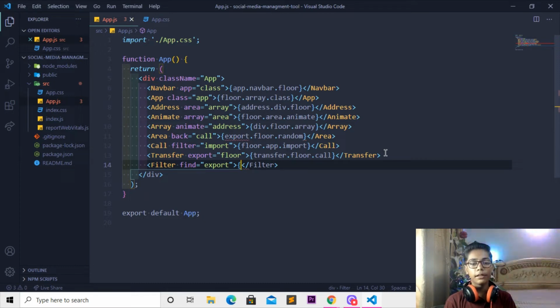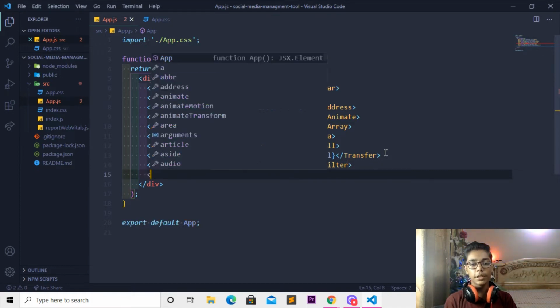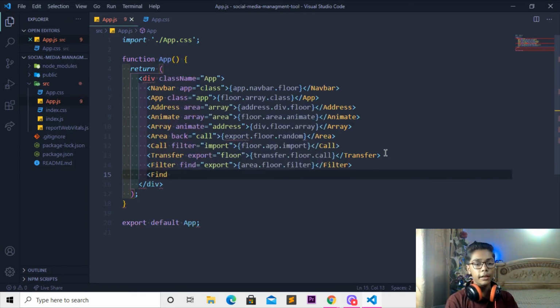When I'm done with that, I'll be writing a tag which will be like area dot filter dot floor. Now here I'll be closing, but here I'll be now writing filter, and here I'll be writing floor. Here when you've done that, I'll be closing this curly bracket. When you've done with that, I'll be coming underneath, then changing that to a tag which should be find. Then I'll be writing that to like export, but we have written that, so I'll be writing that to import. And here I'll be changing that to a tag which will be like